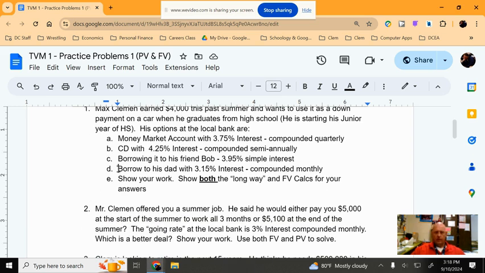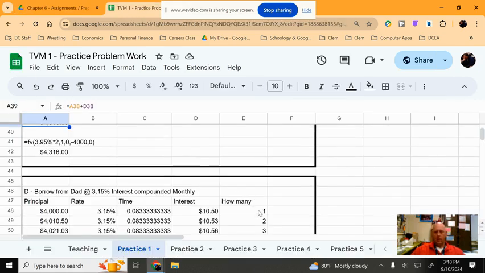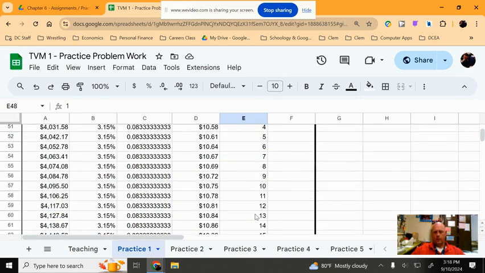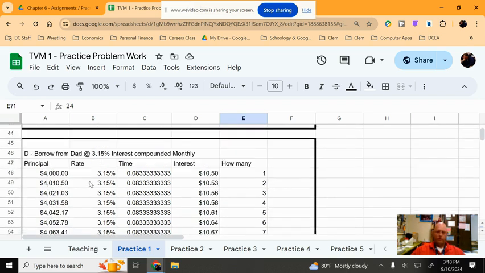Last one here, you borrowed it to Dad, that's me. It was compounded monthly, but only at 3.15% interest. So we're going to do this math 12 times in the first year, 12 times in the second year. We got to do this math a total of 24 times. Still start with 4,000. 3.15% interest is our interest rate, and time is 1 divided by 12, or